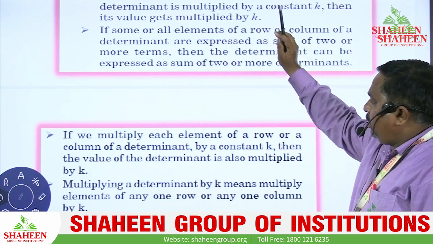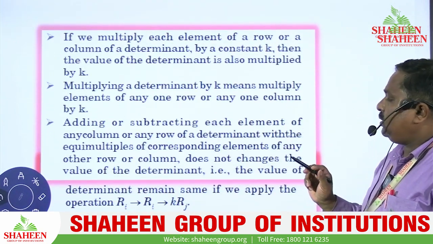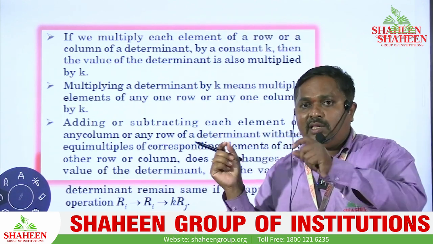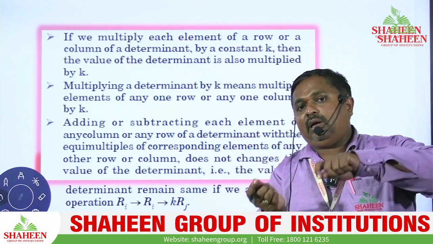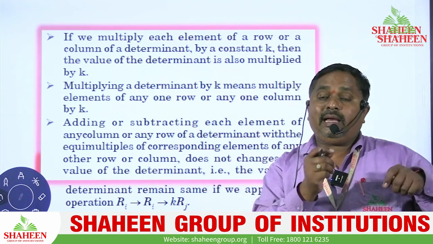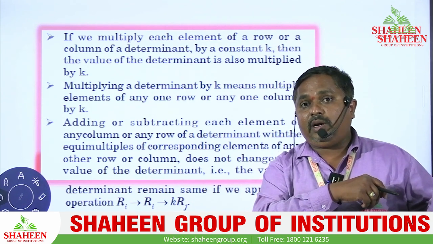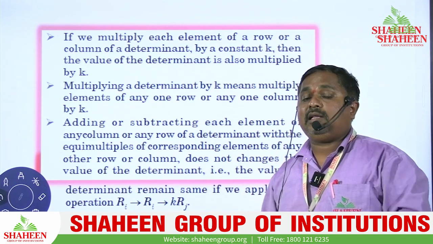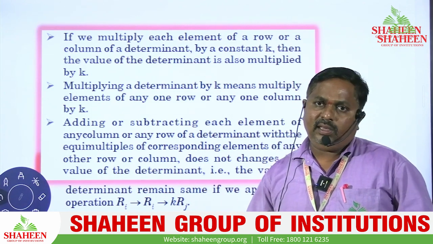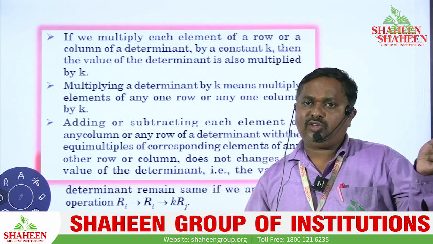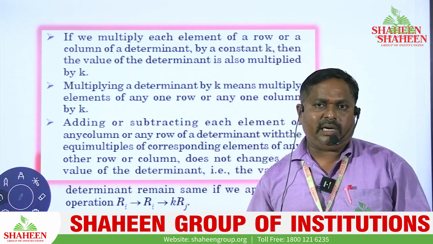In this point only we have discussed the same thing, that if any one of the row is there, if there is any common multiplication, then we can take it outside, or we have a multiplication of constant k outside the determinant, then we can multiply k inside the determinant by multiplying any one of the row or any one of the column. वो मल्टीप्लीकेशन के जो है डिटरमिनेंट के अंदर कौन से भी एक रो या कौन से भी एक कॉलम को मल्टीप्लाई कर सकते.